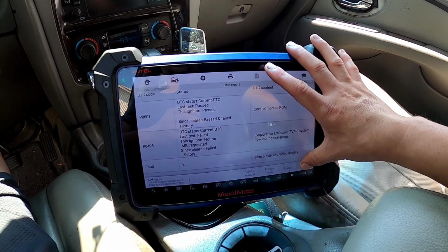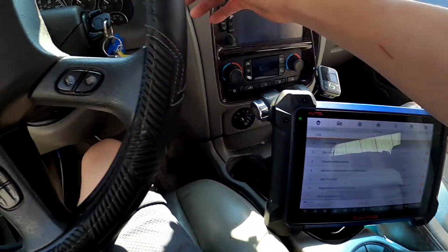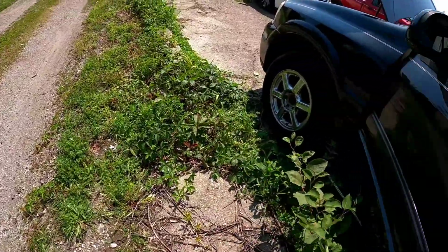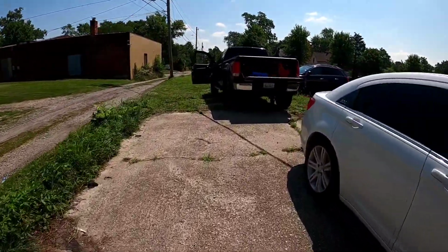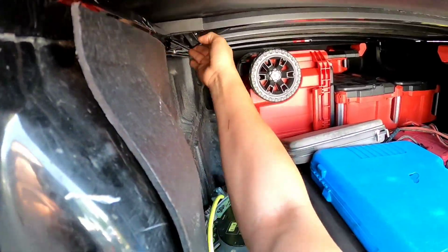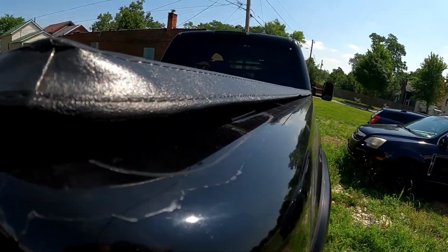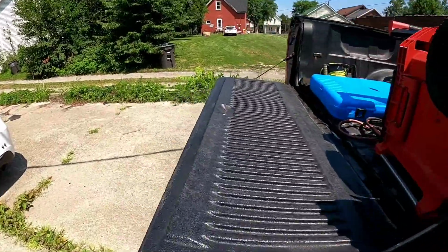Let's go ahead and do the powers and grounds. And what we're going to do, let's have this over here. As you can see, we have the work truck over here. Let's get this opened up. Yes, I do have a mess. It's kind of hard to run these type of boxes on this type of truck, but we are going to get a new work vehicle probably soon. Okay,